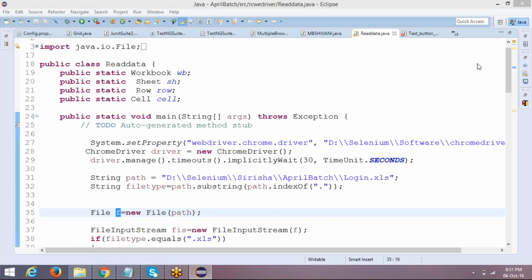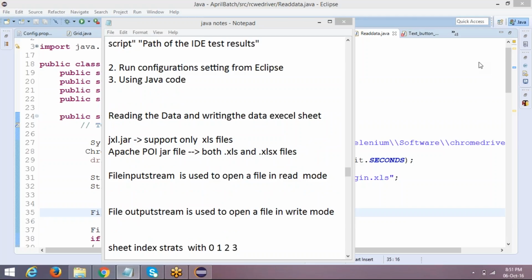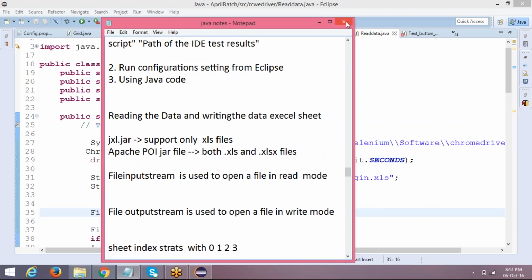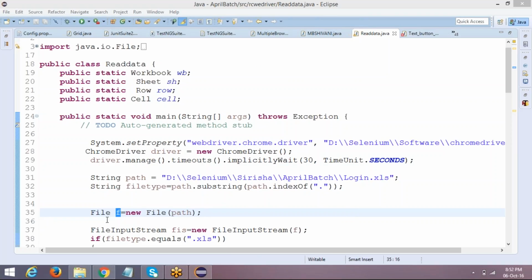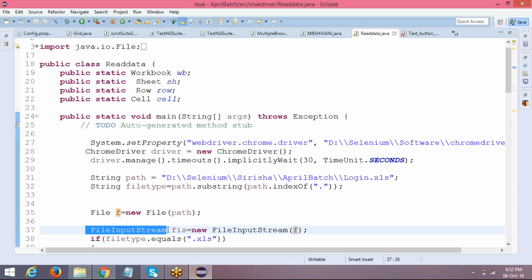the file in readable format. If you want to read the data, FileInputStream is enough. If you want to write the data, FileOutputStream is used to open the file in writable format, write mode. So now I just want to read the data. Observe: FileInputStream fis equals new FileInputStream of